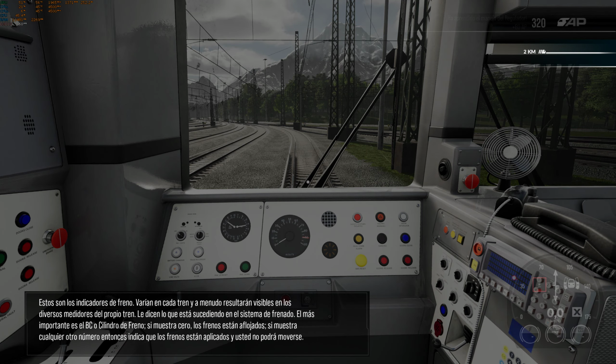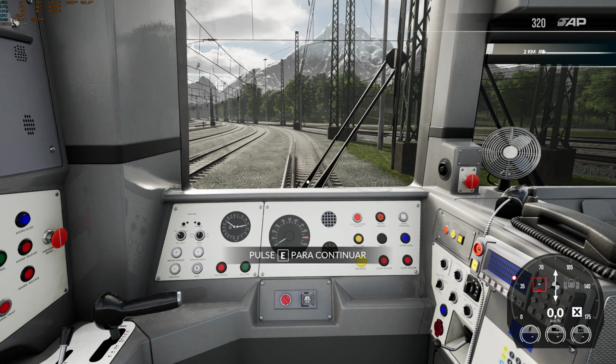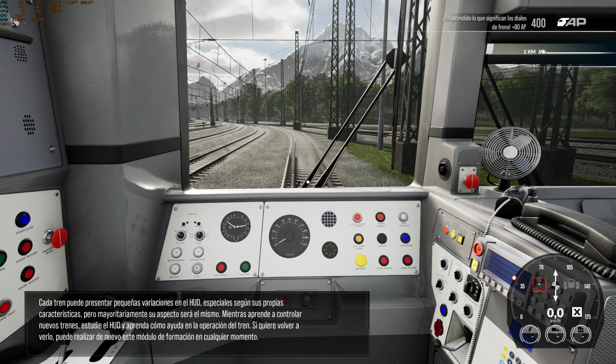These are the brake indicators. The exact ones shown will vary by train and will often be visible in the train itself on various gauges. They tell you what's happening in the braking system. The most important one is the BC or brake cylinder. If that's reading 0, then your brakes are released. Anything else, and brakes are applied and you won't be able to move. Frenillos, claro. Every train can have small variations in the HUD unique to the way it works, but they will